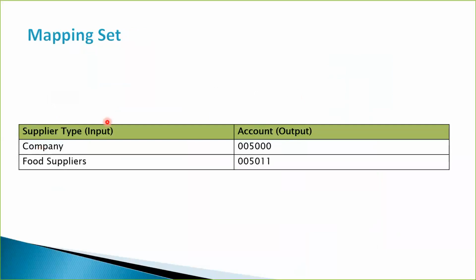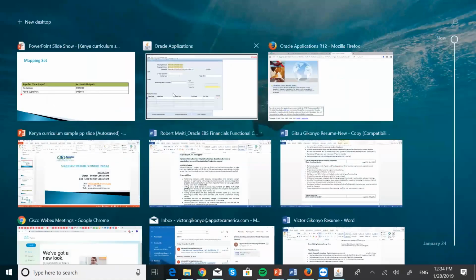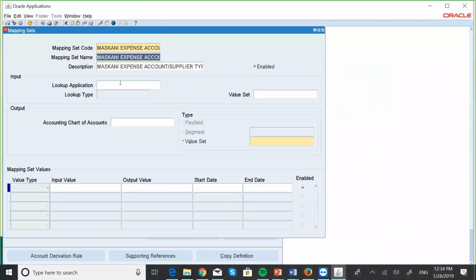So where did we get the supplier types from? Remember, I showed you the lookups, all right? So there's a lookup that contains supplier type, and that lookup is owned by purchasing module or purchasing application. And the name of that lookup is supplier types, all right? So that is what you need to specify here, all right? So the lookup application is purchasing,